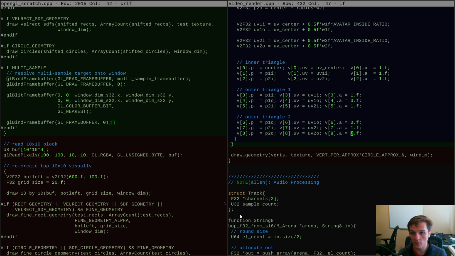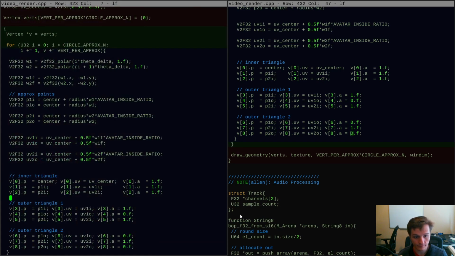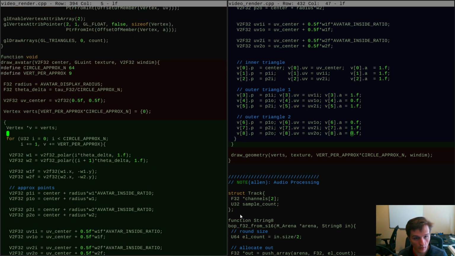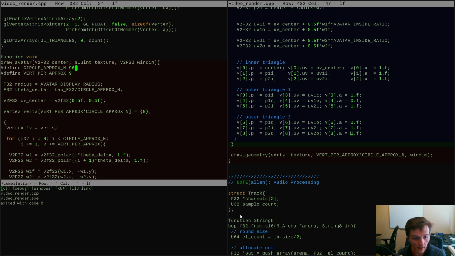I also feel like I could go for a little bit more, what's the word? A little bit more precision here. So let's bump this up to 96. Yeah, I think that was it. I think that switching to sRGB did in fact fix the